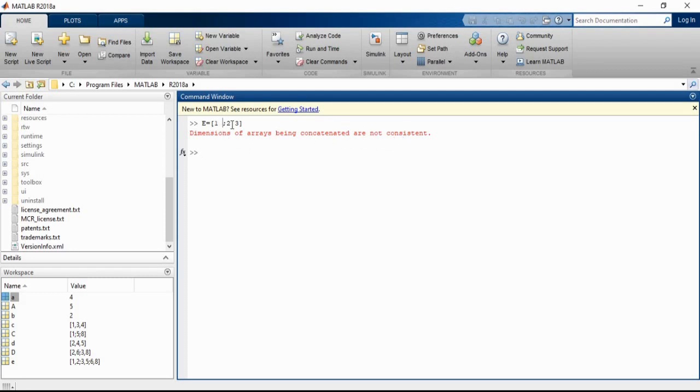That means the dimensions in the matrix are not matching. In this type of case, what I can do, if I don't want to give the data in that particular space, is create NaN, then semicolon 2 and 2.